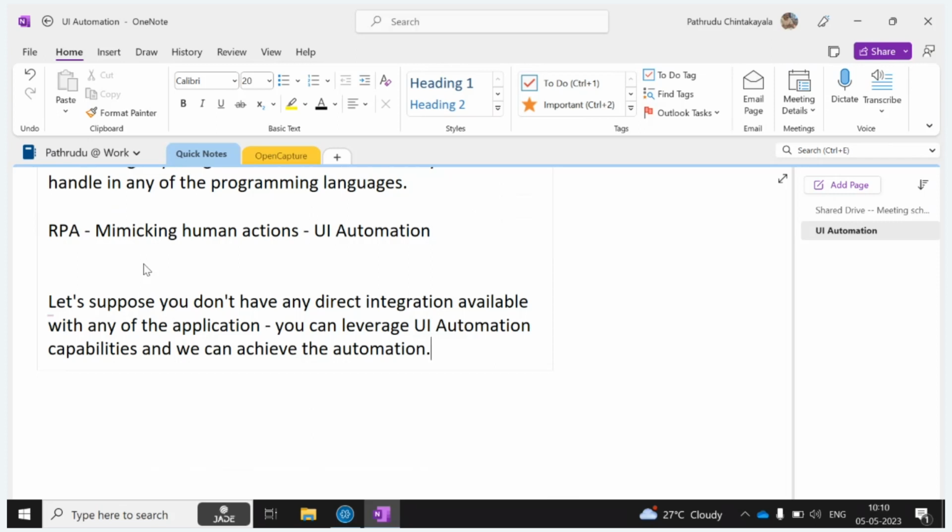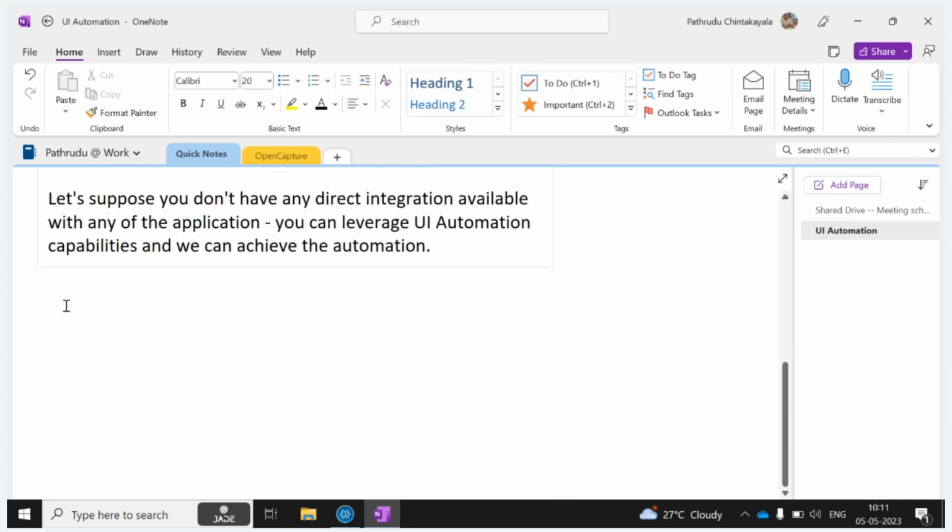Only these things I have done, and these completed my complete automation process, my first project. So that is the advantage of UI automation, and we can achieve any type of applications. You can achieve the UI automation, but there is